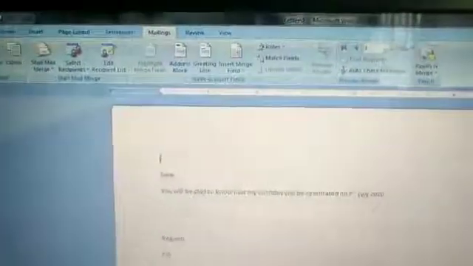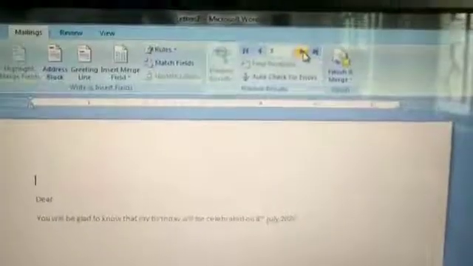So I am taking this file. If you have saved the list, it will show it over here. I am clicking this one and then clicking Open. So I have opened it. See how many? There are only three recipient addresses.